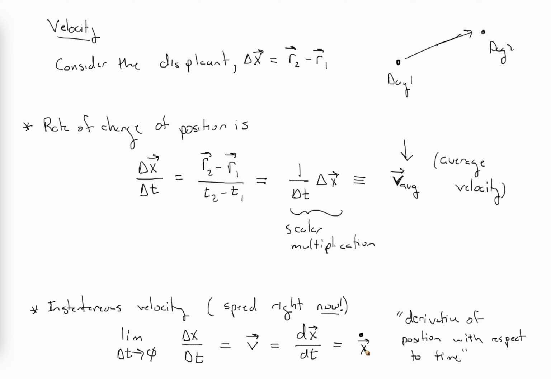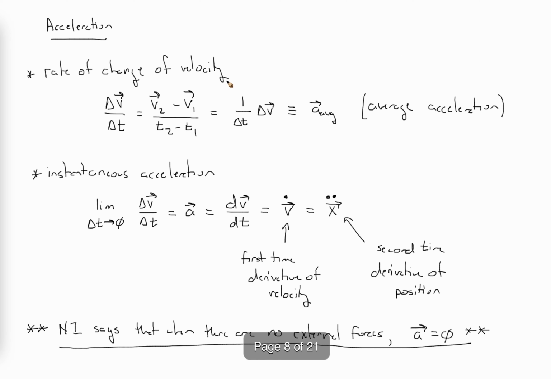So the dot is how the position is changing with time. All three of these are equivalent, and again, sometimes we write them one way and sometimes we write them the other, depending on the context in which makes the most sense. So what we're able to do now is really specify